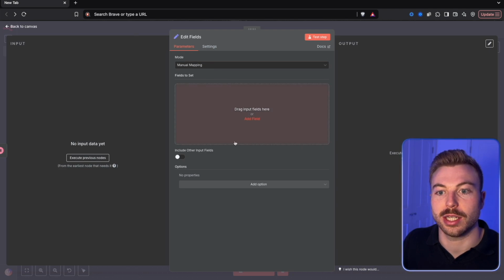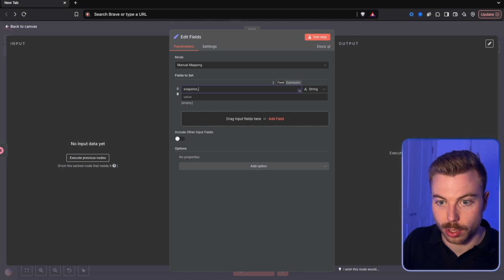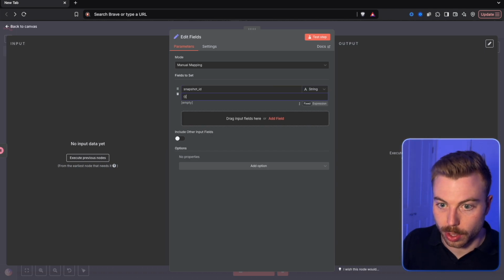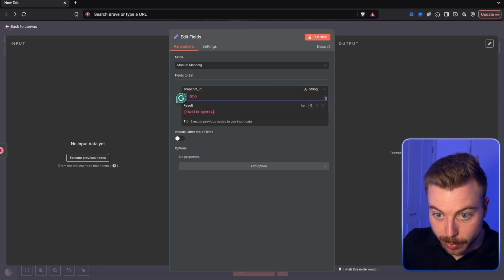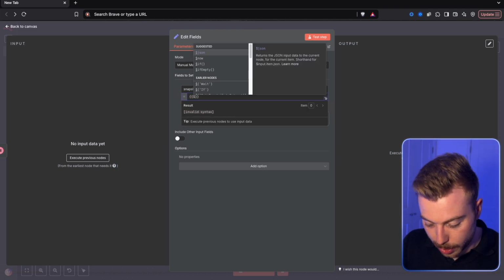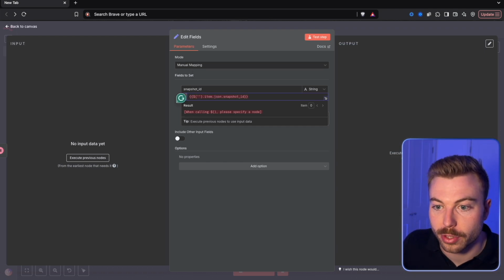And we're going to add in our token. So we're going to need to click in here. We're going to give it a snapshot_ID. We're going to need to do our curly brackets in here. Again, we need it as an expression. We're going to need to come in the middle. We're going to do a $ sign and then brackets. Then we're going to need to have two quotation marks. And then after this, just add